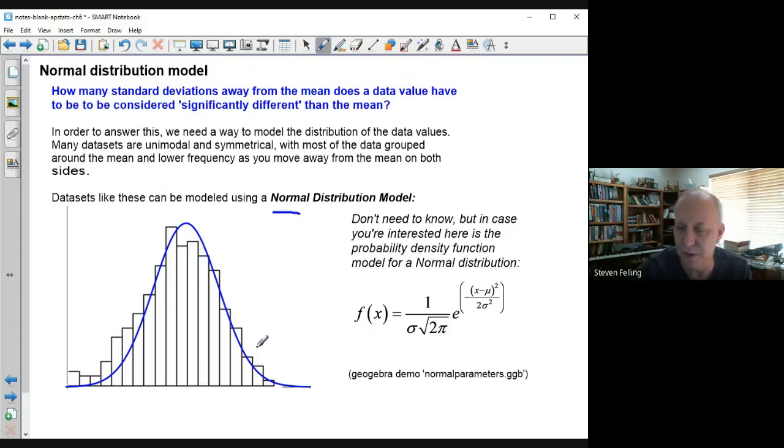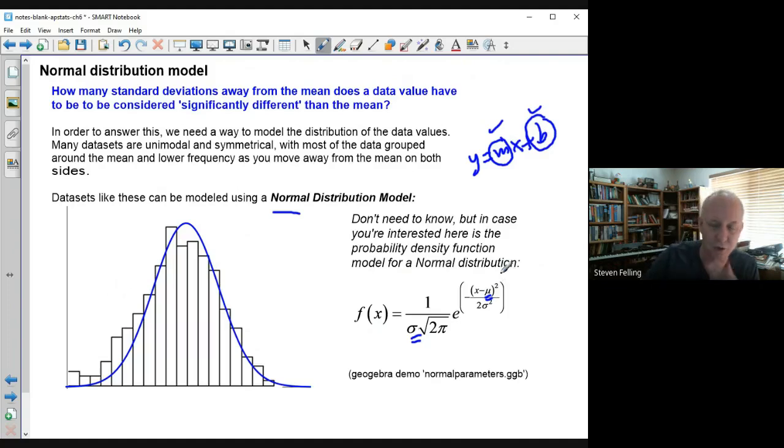The only thing that's interesting about this weird and crazy formula is that there are 2 parameters, just like if we have a line, we have y equals mx plus b. We have these 2 parameters, the y-intercept and the slope, that we can vary. And just selecting those 2 parameters, we can specify any line we want. Well, in this normal distribution, we have 2 parameters as well. One is the standard deviation, and one of them is the mean. Okay, now I'm using a little bit different symbols than we've used before, but we'll go ahead and talk about that. But I want to show you something, so I'm going to switch here to